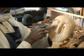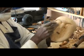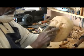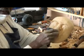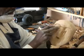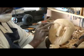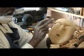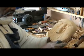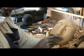But you can see how I'm working the nose and working the top part of the eyebrow. And I'm beginning to get that curve and beginning to get that depth at the bridge of the nose. But we're going to keep working this and working the nose until we get the nose about down to the depth and the width that we want and the eyebrows here. Then once we get the top part of the eyebrow into the curve that we're almost there, we're going to start working the bottom part of the eye and inside of the eye, and then we'll start putting the expression in and then start deciding what kind of mouth we want,